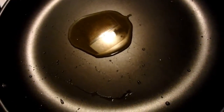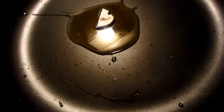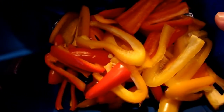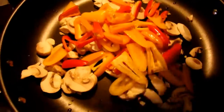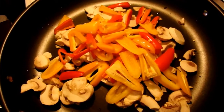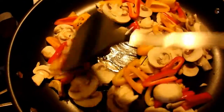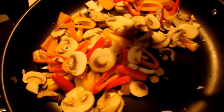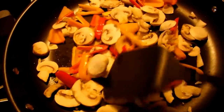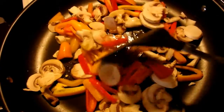To saute the mushrooms and the peppers, we're going to add a spot of olive oil, and there's the mushrooms. You see, I've cut up the sweet peppers, so they're going to go in, and we're going to turn the electric ring on, and we're going to saute these while this is heating up. While sauteing, I'm going to chop the rest of the vegetables and prepare the sauce and all the other wonderful stuff that's going to be needed to